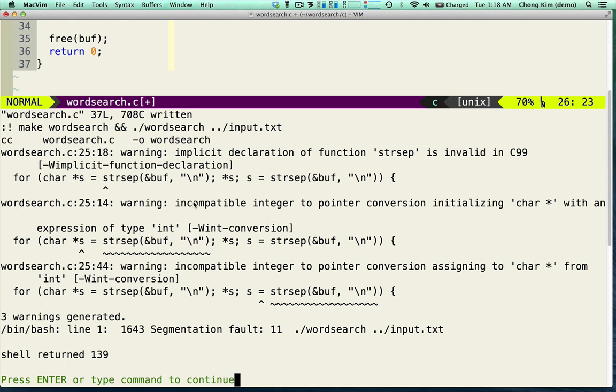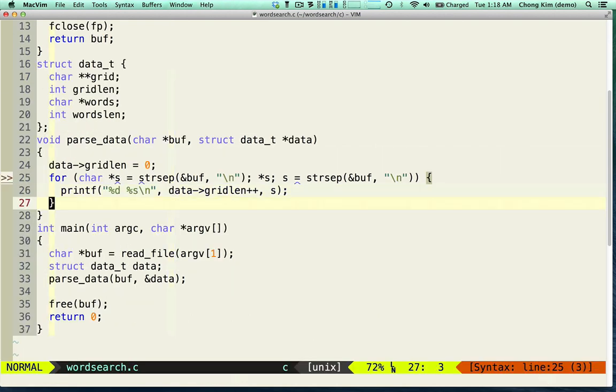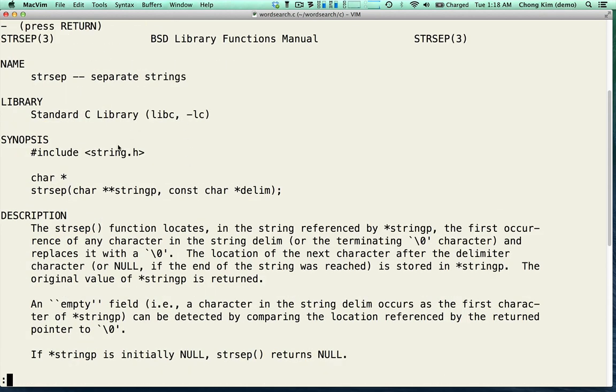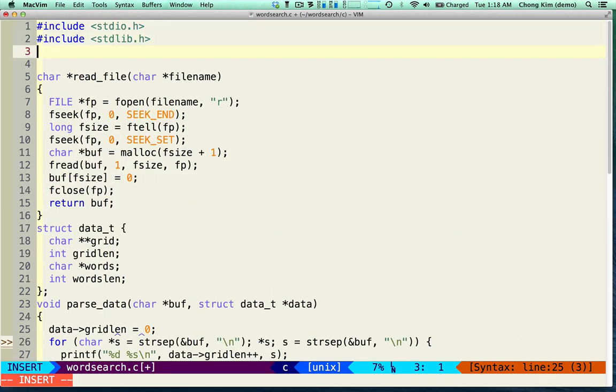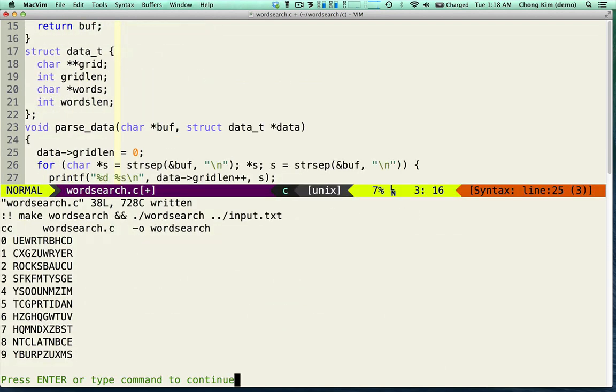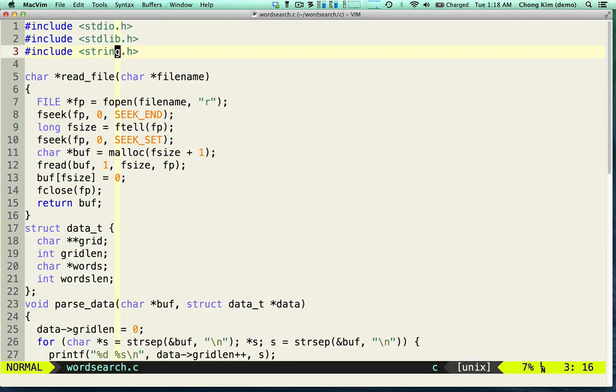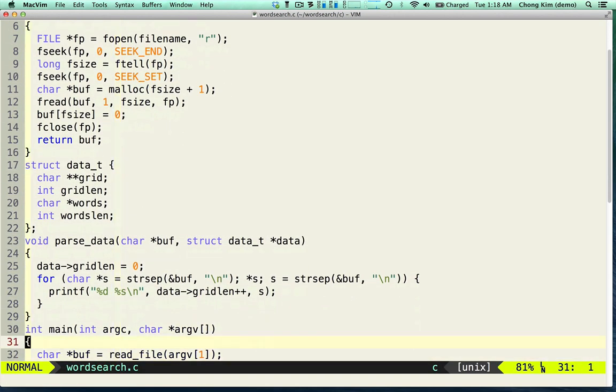First one is the strsep. So let's get that out of the way. strsep is coming from string, so we should include that. Okay, let's see what the next problem is. Well, there's no next problem. It looks like everything worked. All right. Okay, so we see that the